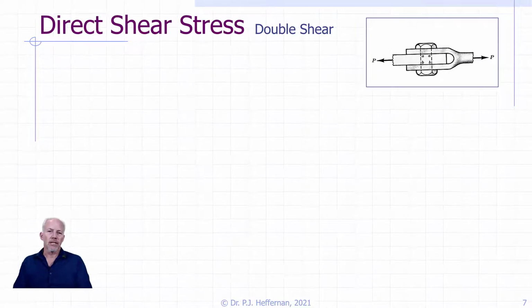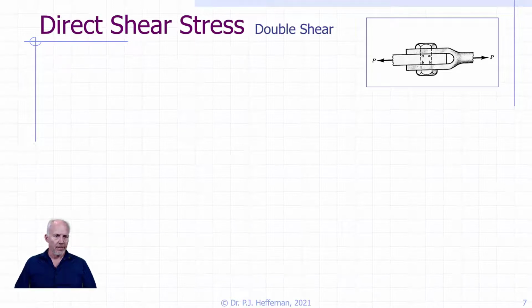So we've talked about single shear. Let's talk a little bit about double shear. Like in single shear, which referred to a single shear plane to resist the loading, double shear pretty much means the same thing. It's two planes, two shear planes, to resist the loading on the bolt or the pin or whatever it is